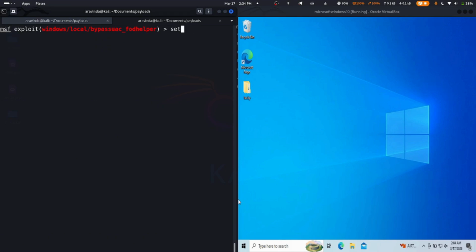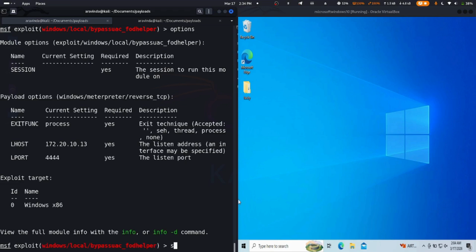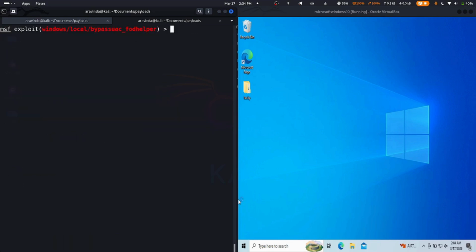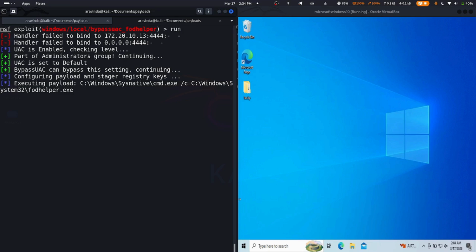So let's see the options again, and let's set the session as 1. Let's select the first session and let's run this exploit. So it will bypass the user access control. So it's failing because we are already using that handler, right? Let this execute, and